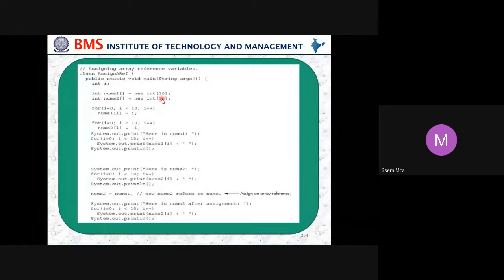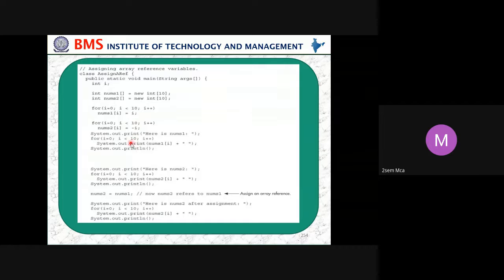We are informing the compiler that storage should be assigned for 10 and 10, and we are reading 10 numbers. All 10 numbers will be stored here. It starts from 0, so the last index will be 9. In the same way here also, it will print from 0 to 9.